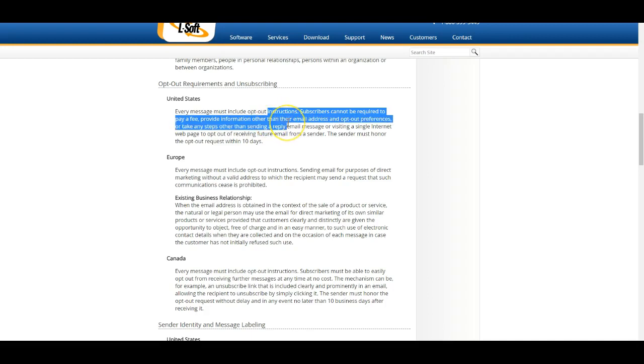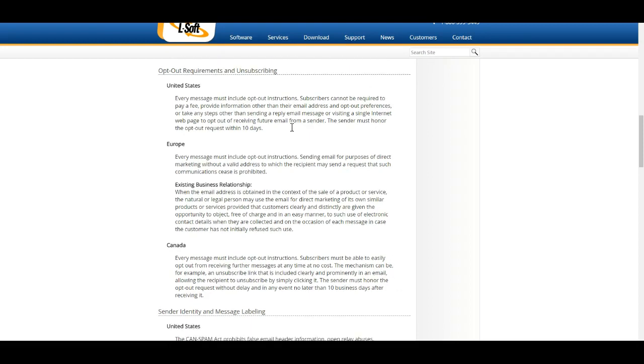The only information they can be asked to provide in order to opt out is their email address, and it shouldn't be a hard process. Make it very, very easy, because if you're found in violation of this act, there are hefty fines for each email you send. So if you're mass mailing, say you send out 1,000 emails, that could be a pretty hefty fine.